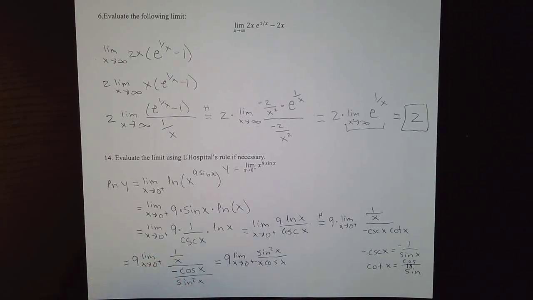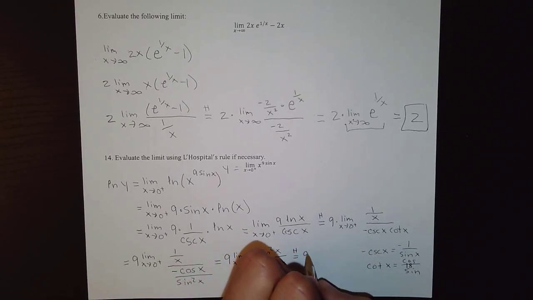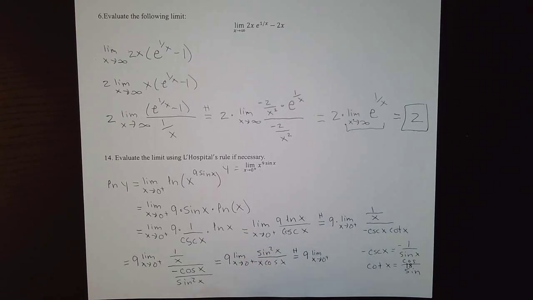And so now if we look at the form, it's still in L'Hopital's form, and so what we should do is apply L'Hopital's rule again. So this becomes 9 times the limit as x approaches 0 from the right of